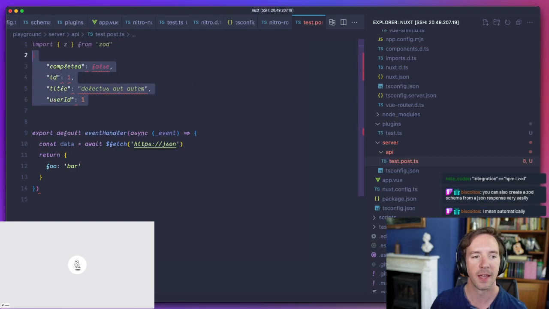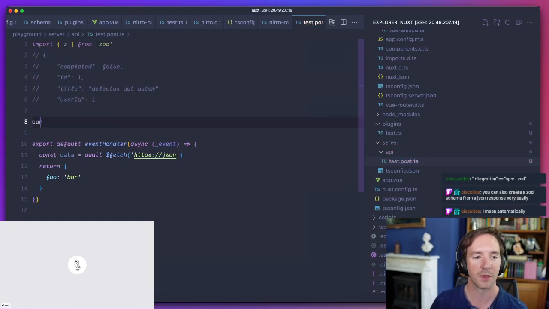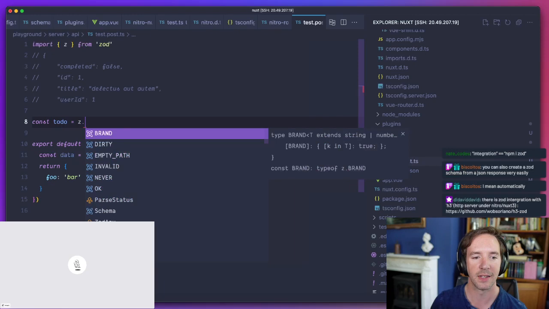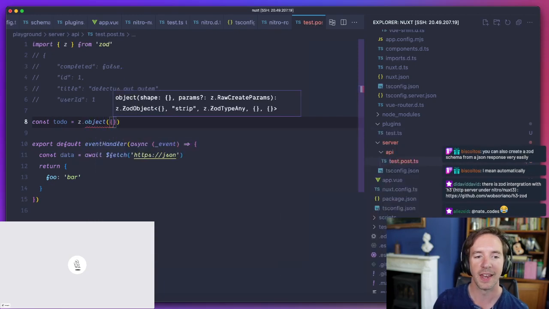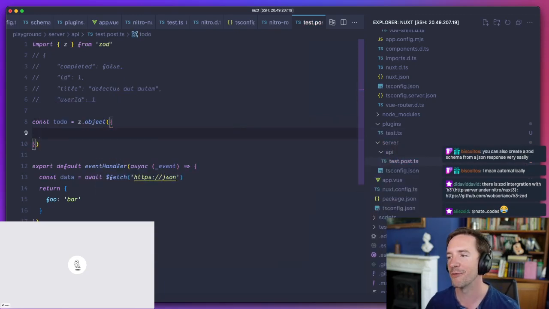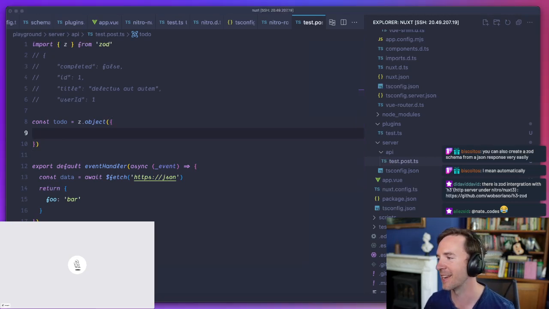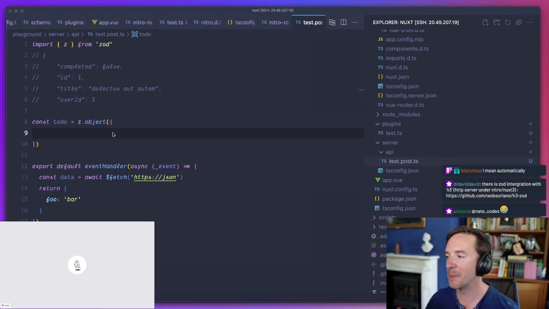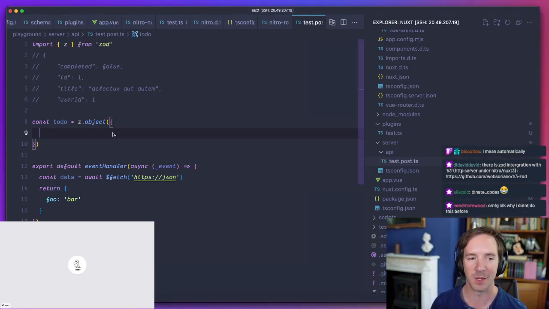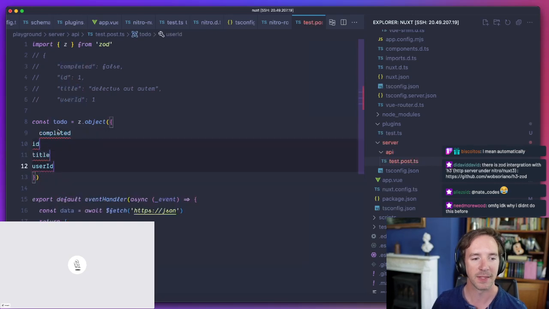And then you simply, this is what I do, I just paste it in, and then I do something like const todo = z.object, and then Copilot just fills everything out for me. It's amazing. I think it might be disabled in this environment, but basically, and this one isn't that complicated, but it's beautiful to see. In this case, I might have to do a little bit more work myself.